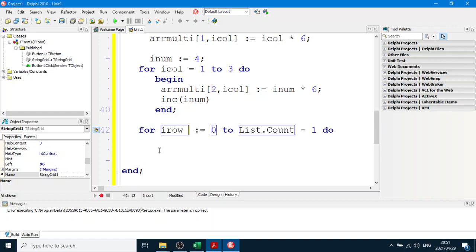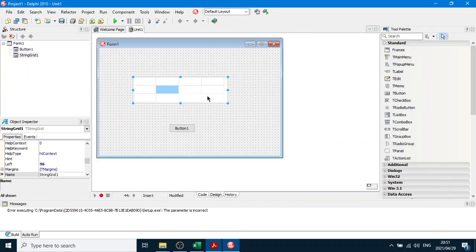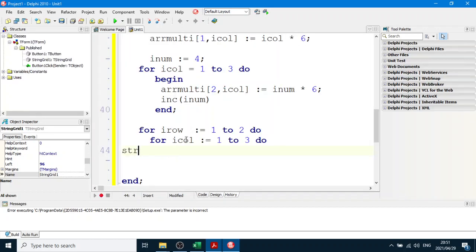For our row equals 1 to 2 because we know there are 2 rows. You can start with the column first if you want, and then you say for our col equals 1 to 3 do, and then inside the middle here we're going to fill our array. We're going to say ARR multi, our string grid. What's the name of the string grid? String grid 1. I did not give it a name yet. Dot cells, square brackets, I col, comma, I row